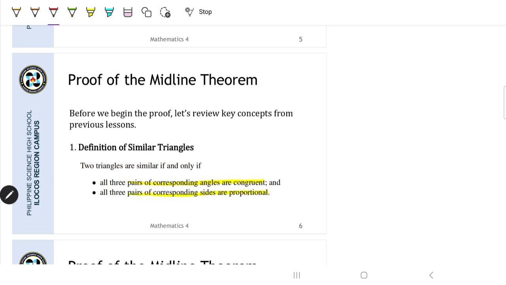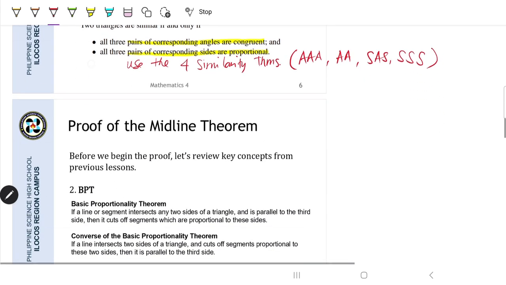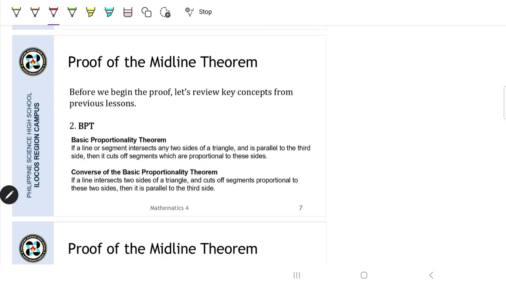But in supplement to this, we can also use the 4 similarity theorems that were discussed previously. So those are your AAA, AA, SAS, and SSS. Number 2, let's recall your BPT or the basic proportionality theorem. So if you have a given triangle